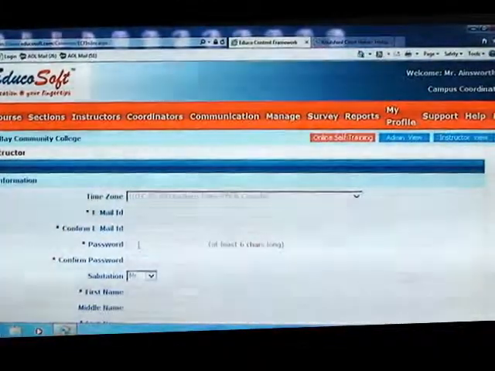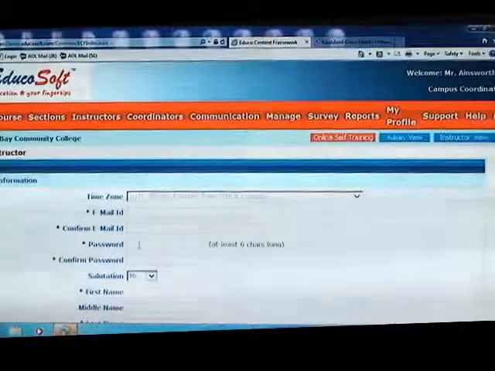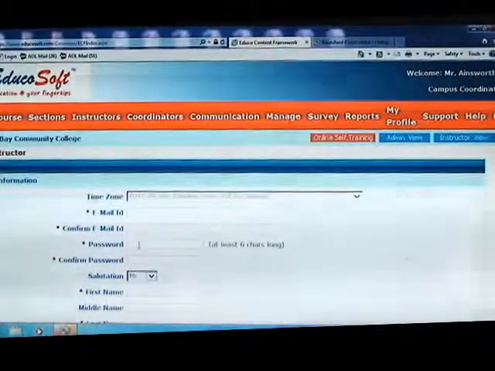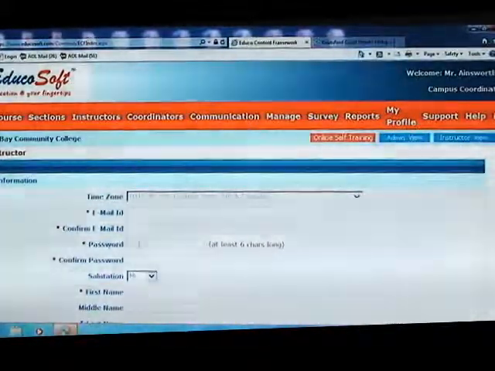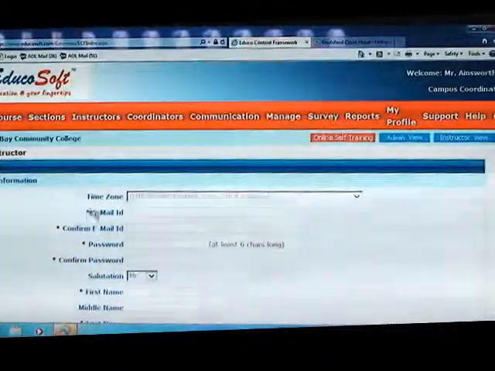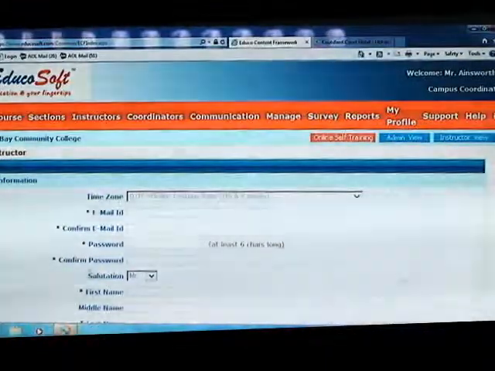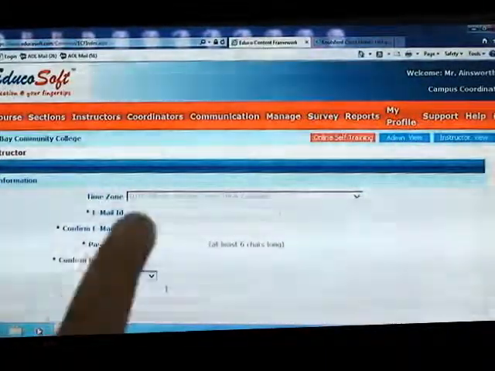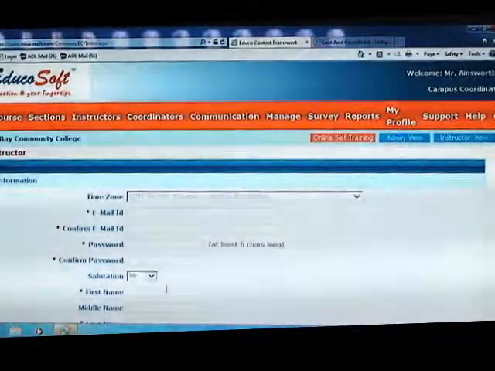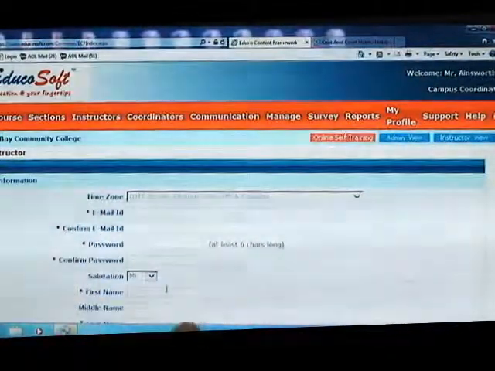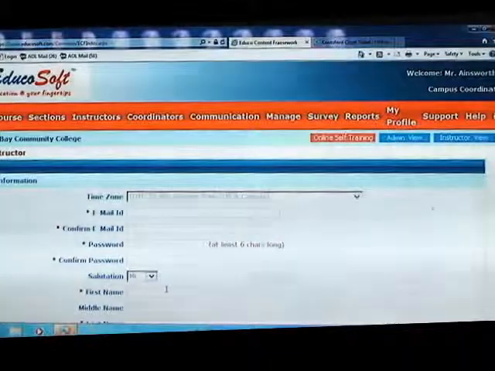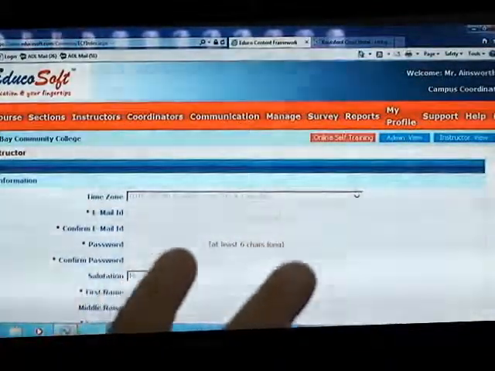And then all the asterisk marked fields have got to be filled up. But the most important fields are the email, the password, the first name and the last name. All other fields you can just put in dummy information to be fast and quick. And after that you click on save. So that will add the instructor in the system.